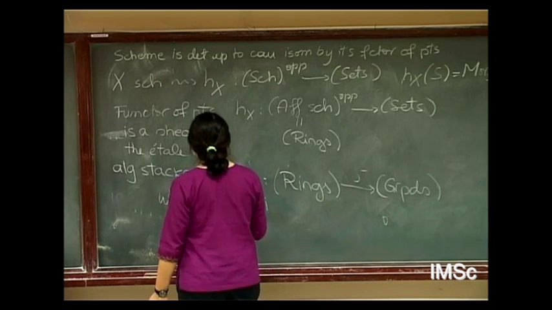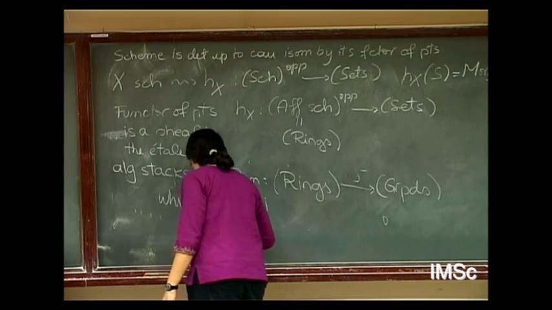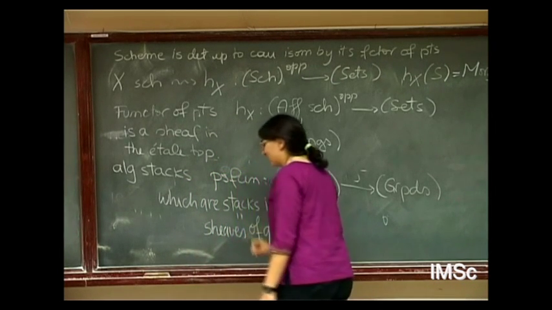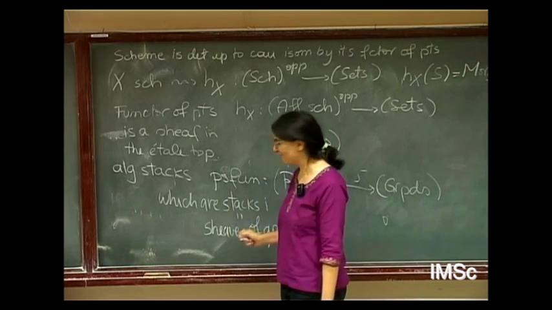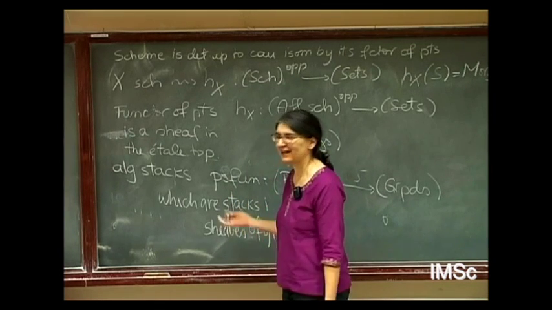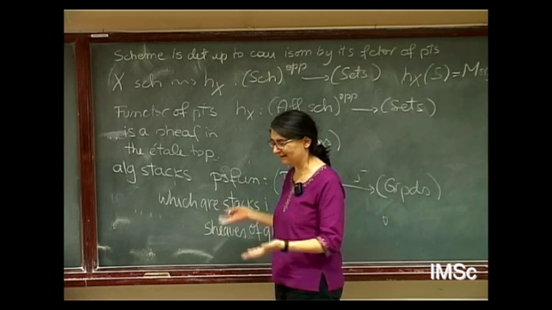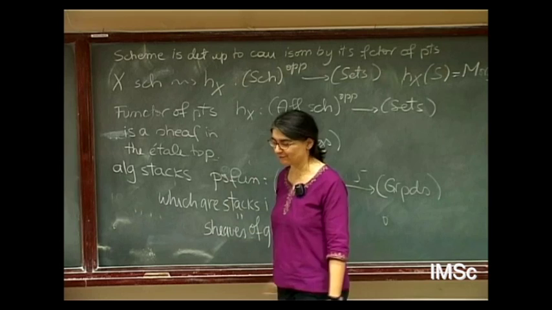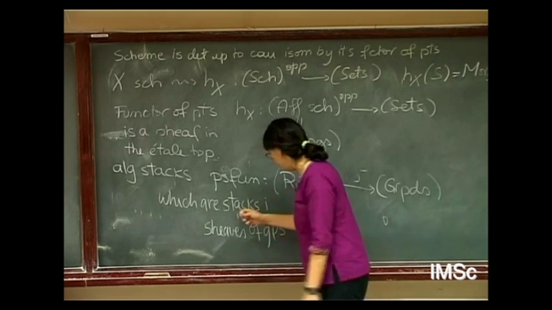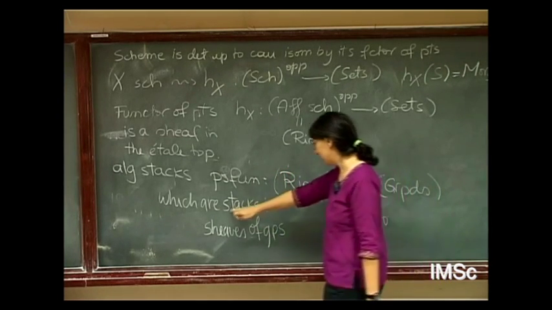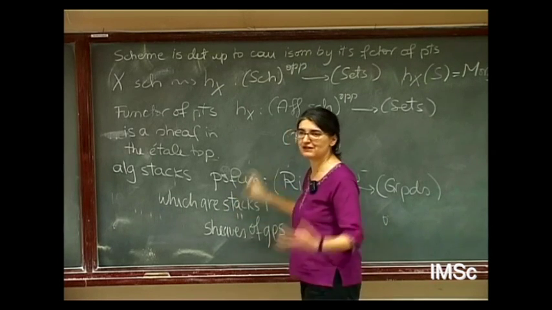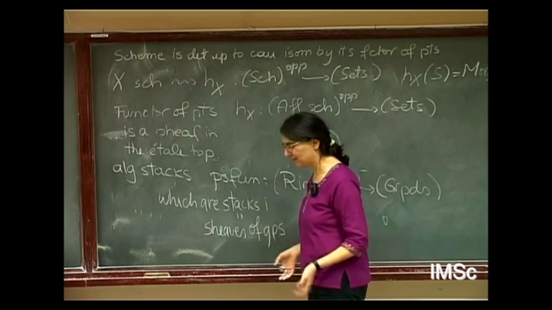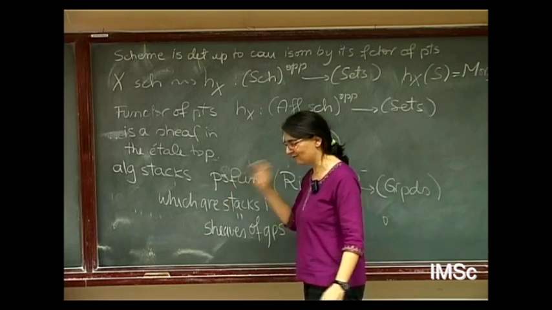Which, well, it's not my fault. Sheaves of groupoids. This is an unfortunate name. I wasn't even born when the name champ was chosen. Champ is a sheaf of groups, so the name stack was chosen later. I was born, but I didn't speak English. Anyway, the point is, this is the name. For some reason, when something is a sheaf of groupoids, you don't call it sheaf. You call it stack. Or if you're speaking French, which maybe you should, it is called champ.